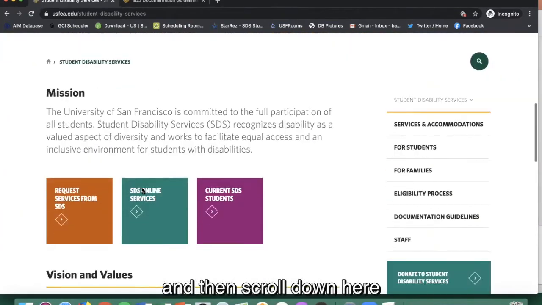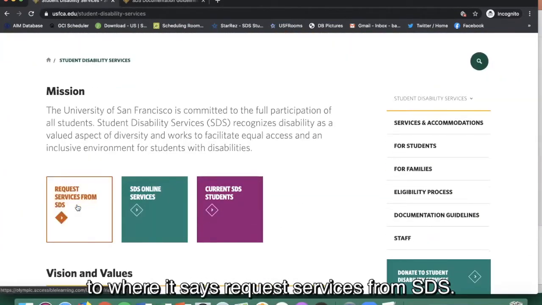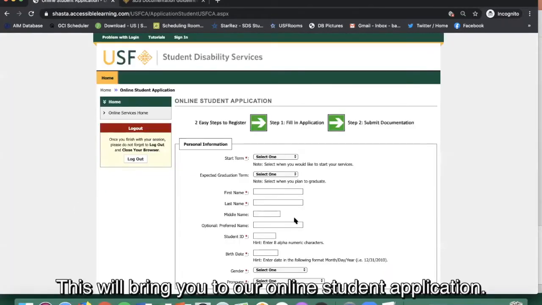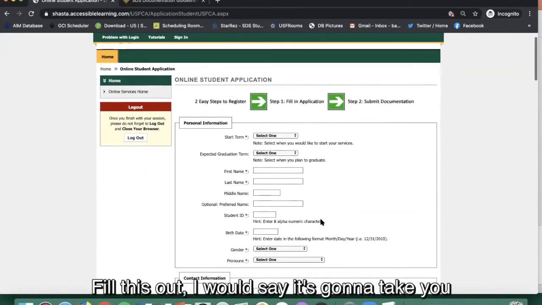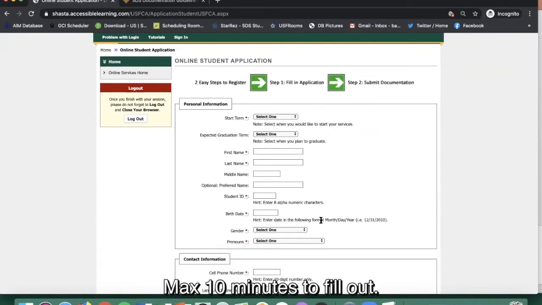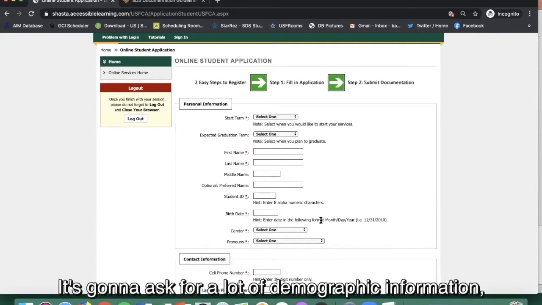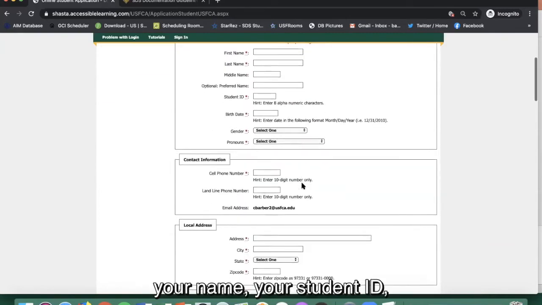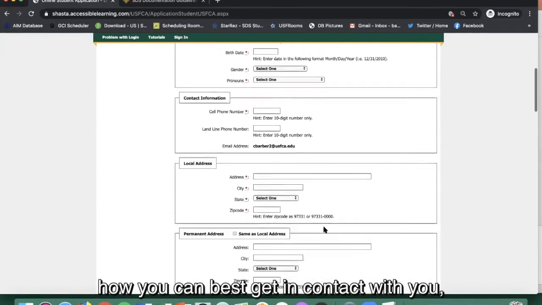and then scroll down here to where it says Request Services from SDS. This will bring you to our online student application. Fill this out. I would say it's going to take you max 10 minutes to fill out. It's going to ask for a lot of demographic information, your name, your student ID, how we can best get in contact with you,